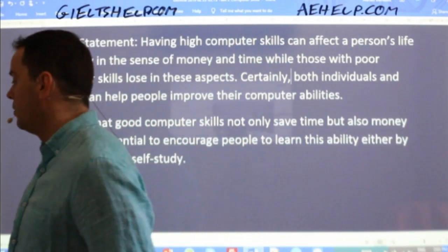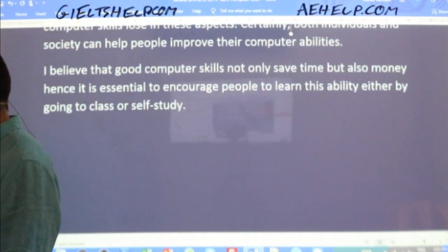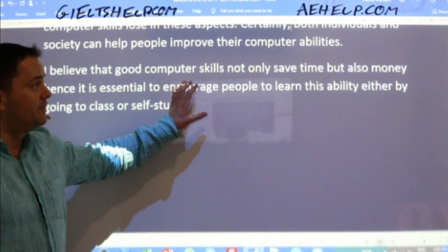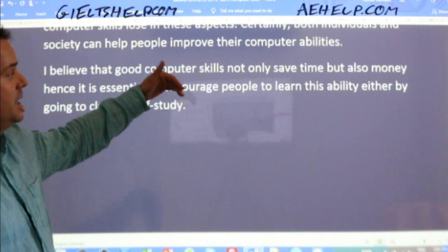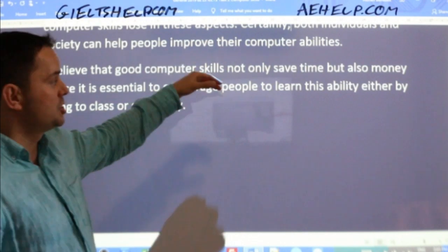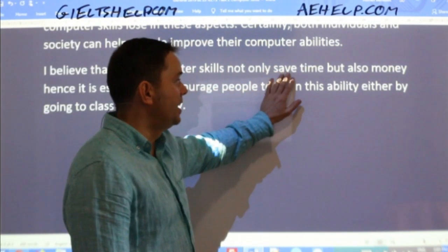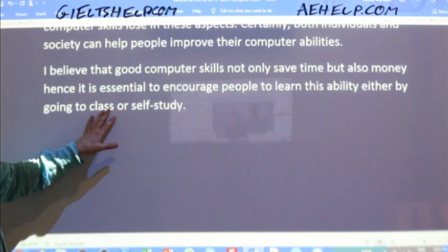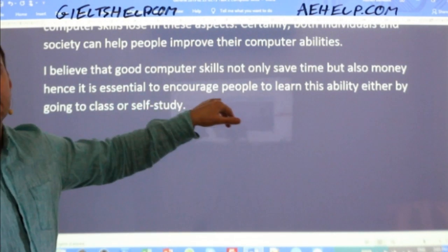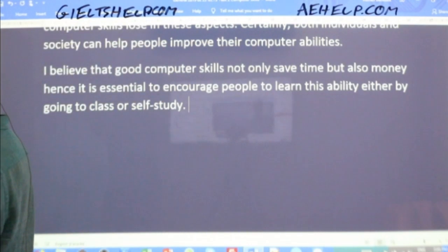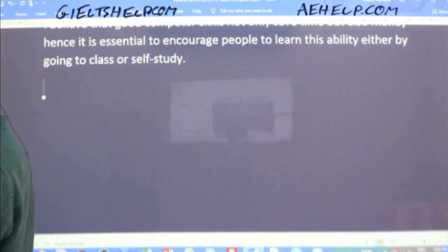Okay, students, so that's how a thesis statement should look, because this way, now the reader knows very clearly that you will write an essay about how computer skills are important for quality of life, especially connected to time and money. And you will give some information on learning such skills in a classroom or by oneself. Okay, sure. Let's start with the introductory paragraph. All right, so the introduction.